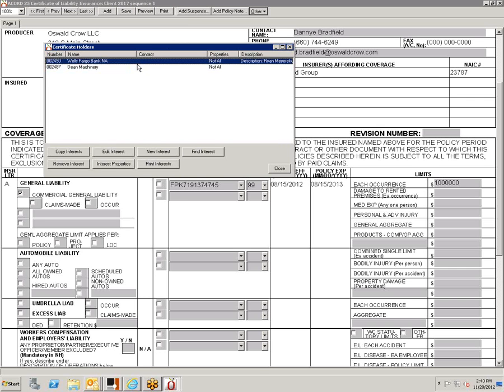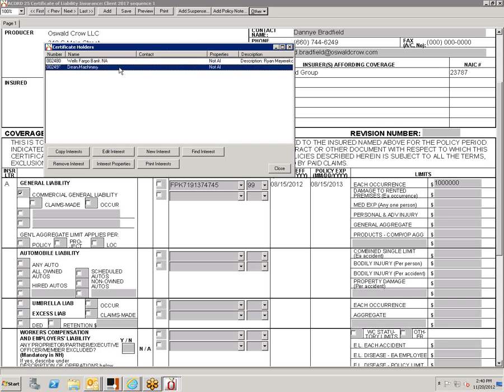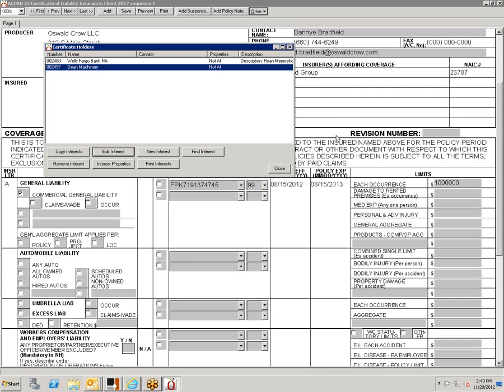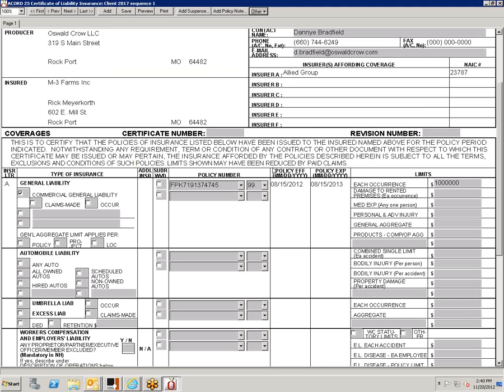If you wanted to see if this had an email address, you would just click on it and edit the interest to see if it had an email address. I would always suggest to try to get an email address for everybody. Okay, now we're ready to print them or email them, right?